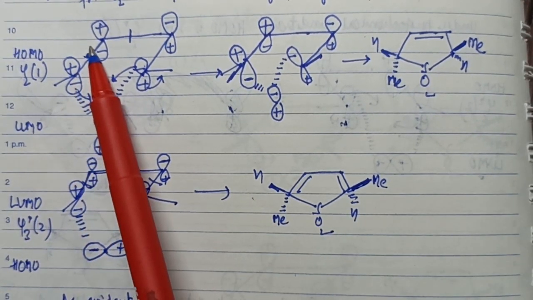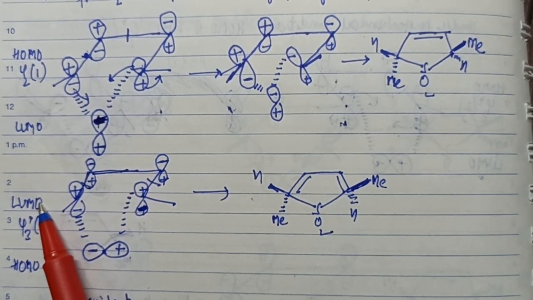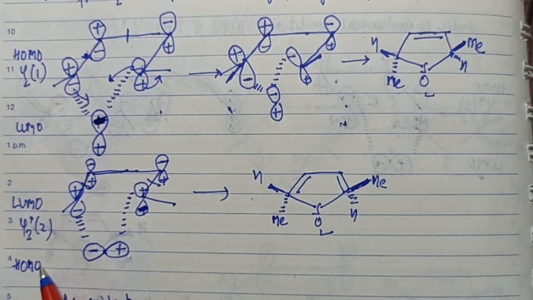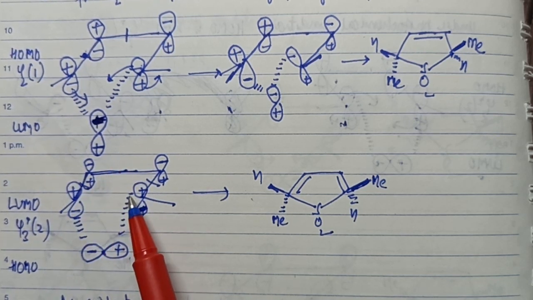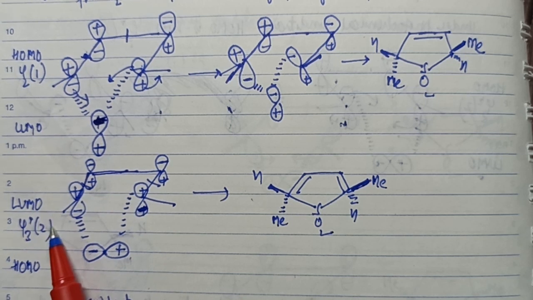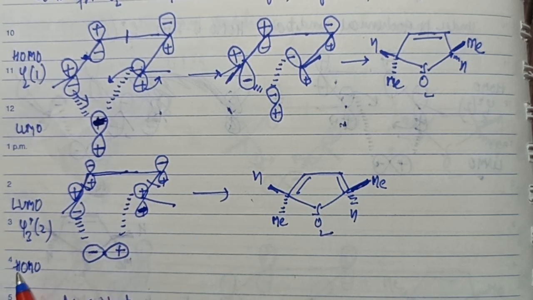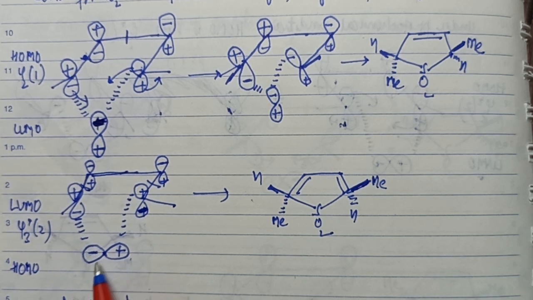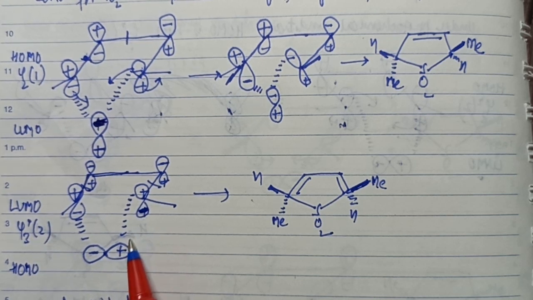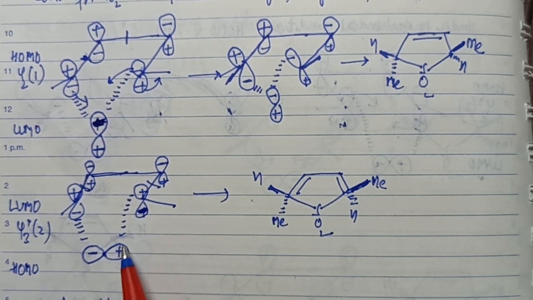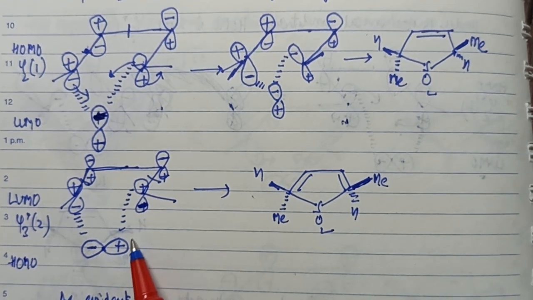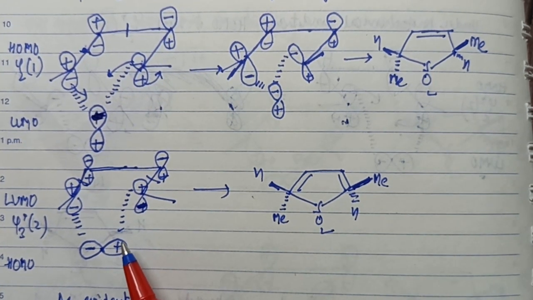Alternatively, if I've taken HOMO for this and LUMO for this one, I can take the LUMO for the diene and HOMO for the sulfur dioxide molecule. The LUMO for the diene, once you excite the electron, becomes psi 3 star with two nodes. That means opposite faces have the same sign. The HOMO, in the case of the non-linear approach, does not directly face. So the orbital picture is this one. Negative interacts with negative. Again, here this is positive. The lower face is negative. Therefore, we cannot interact with the lower phase. That means suprafacial addition is not allowed.